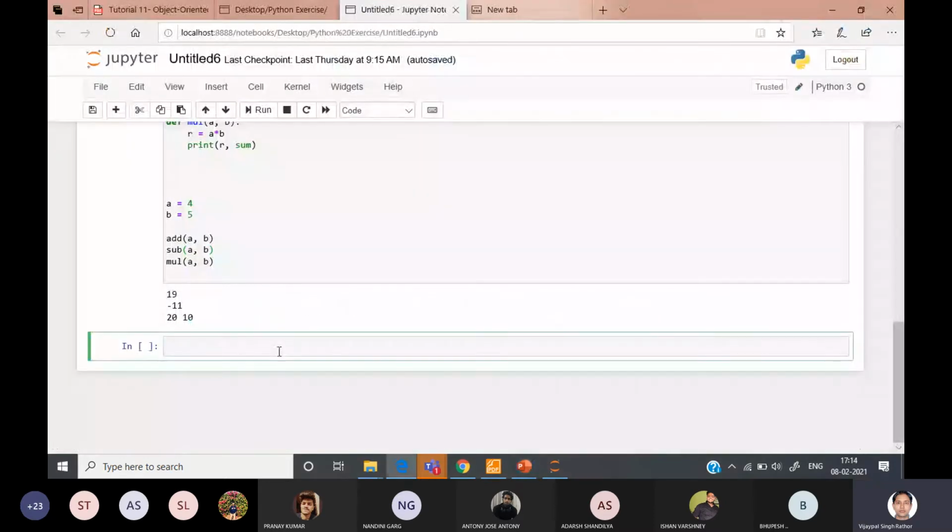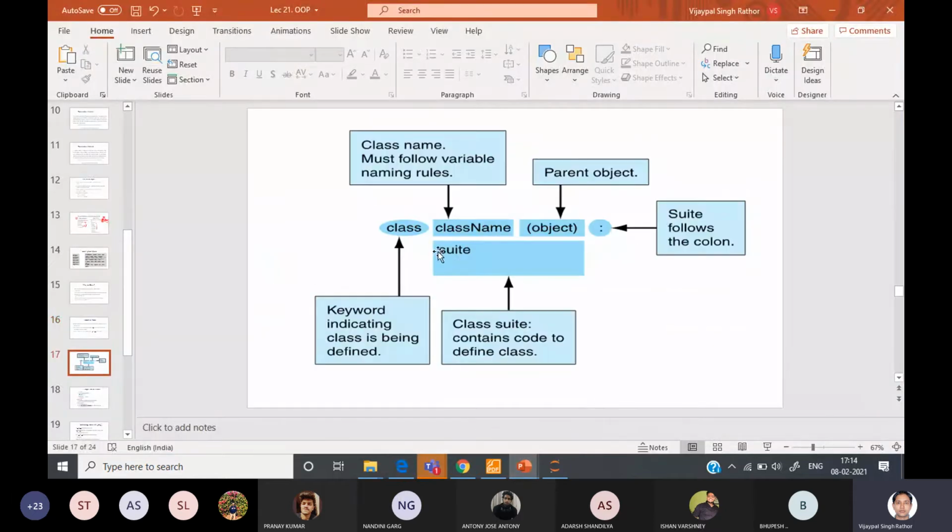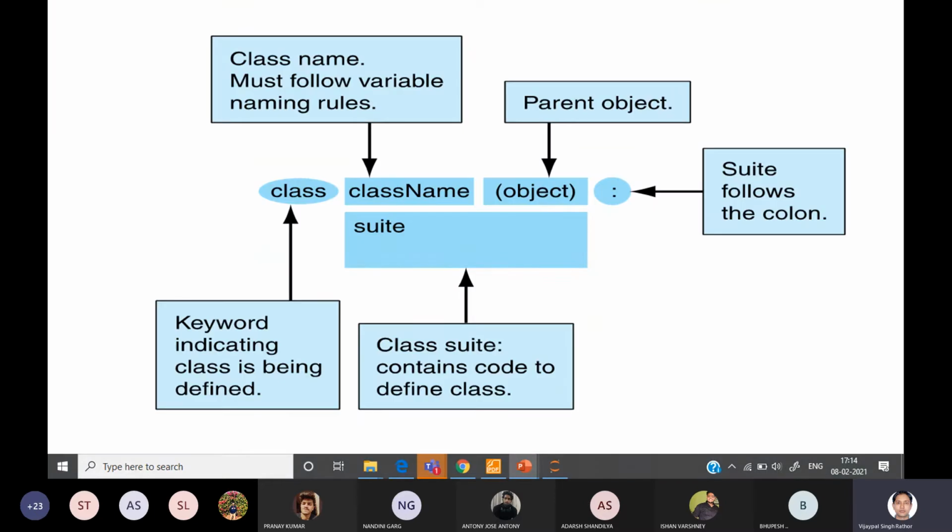In order to create a class, you have to follow the general syntax. I'm showing the syntax and directly creating it. This is the general syntax to create a class. First of all, you have to specify class, which is a keyword, and then the class name, whatever name you want to give the class. For the student example, you can define class, with small c, which is the keyword, and Student, which is the class name.